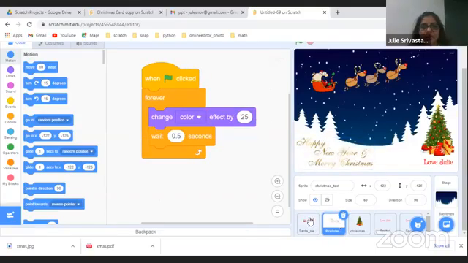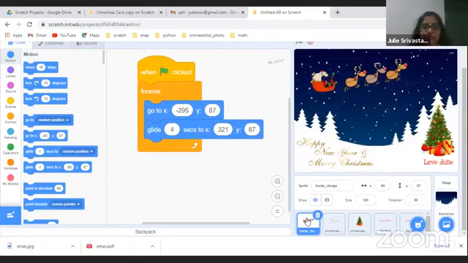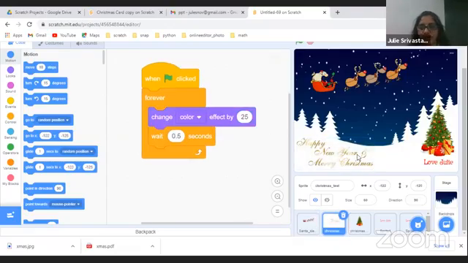So every sprite you need to click to see their code, okay? So I click on the next sprite called the Merry Christmas. I'm not really showing how to upload it because I assume everyone knows. When you upload Happy New Year and Merry Christmas, it's an image. It's not a text that we have written. It's an image file called Christmas_text. When you upload it, it comes somewhere on the center.